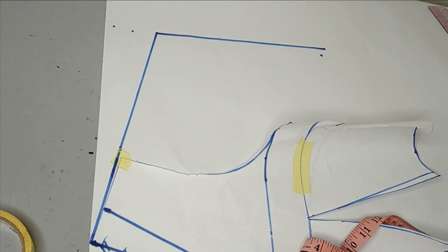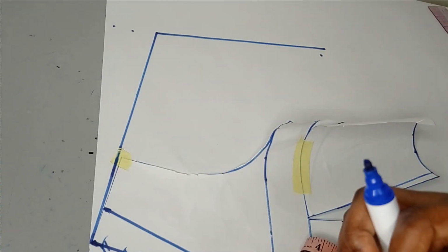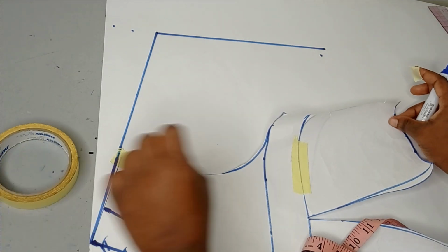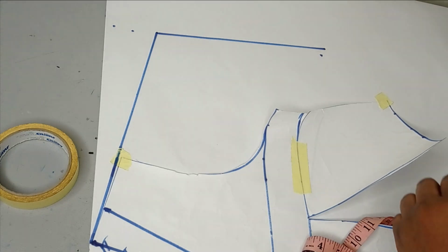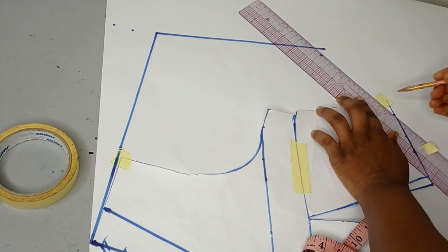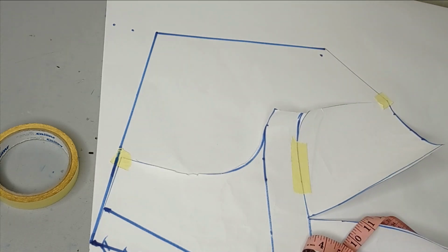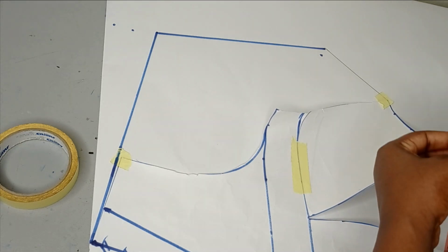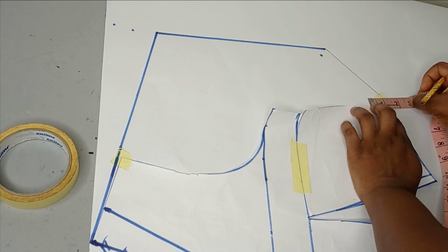So once I have that as my sleeve opening, the next thing now is to connect this to my waistline. So let me just hold this waistline also with a tape so that it can lay really well for us to see. Okay, so this is the waistline. So there are several ways you can connect this. Let me just use the pencil first. You can just connect this directly like this from your waistline, or you can connect it maybe 1 inch before your waistline by going upwards by 1 inch or 1.5 inches,